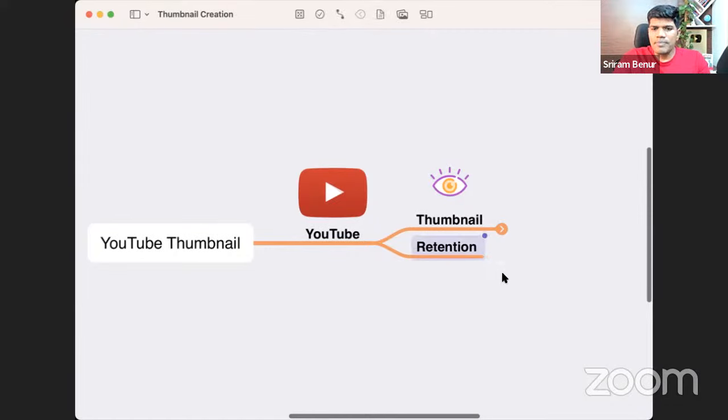So always make sure, if you're not getting views on your video, it could be either of these factors. One is your thumbnail is not grabbing audience attention, or your video is not being retained by the viewers. They're exiting from the video faster. Whichever is the factor, once you understand that, you can plan and scale it up. Okay. Now, where do you check this? I'm going to first quickly tell you where you can check this so that you understand. And I'm also going to tell you what is a good CTR.